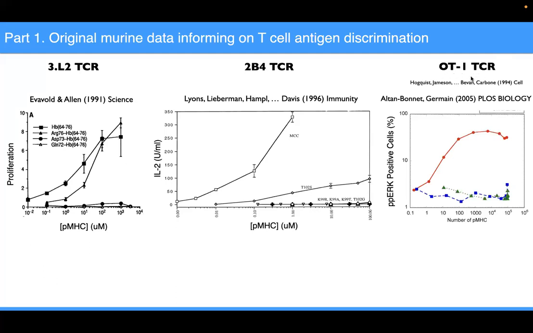This OT1 receptor is used really heavily in the immunology community. And in fact, it underlies most of our understanding of how T cells discriminate between these very similar ligands. And again, the wild-type peptide activated T cells, here they're measuring a signaling molecule called ERK in T cells. And they identified point mutations like this blue and red ligand that completely abolished the T cell response with just